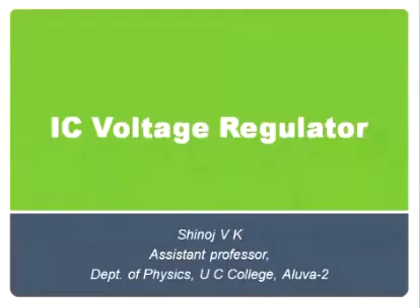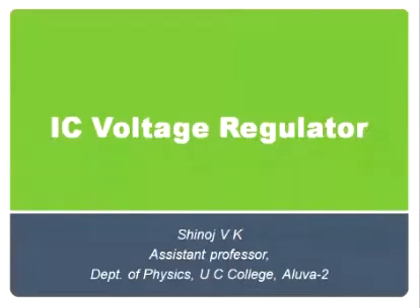Hello everyone. In the previous class we discussed the internal architecture of IC 555 and its application as timer circuits such as the astable and monostable multivibrator. In today's class we discuss the application of ICs such as the IC 78 series as well as the 79 series for voltage regulation, respectively for positive voltage and negative voltage. We also discuss the IC 565 and its application for phase lock loop circuits.